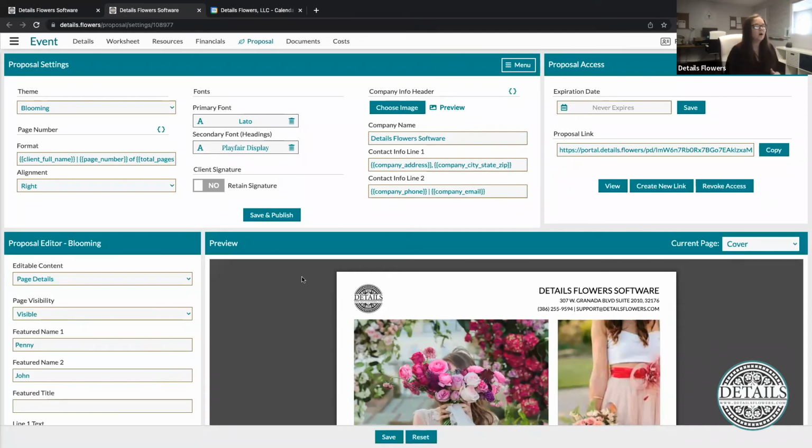also if there are things that you are choosing to hide or remove or adjust, like the titles of the different pages or sections, and you want that to be changed for every proposal moving forward, you can come in here and create your defaults. This will need to be done from inside of an event. So you may want to just go ahead and create a dummy event and then go into that proposal and make those changes. So right now,